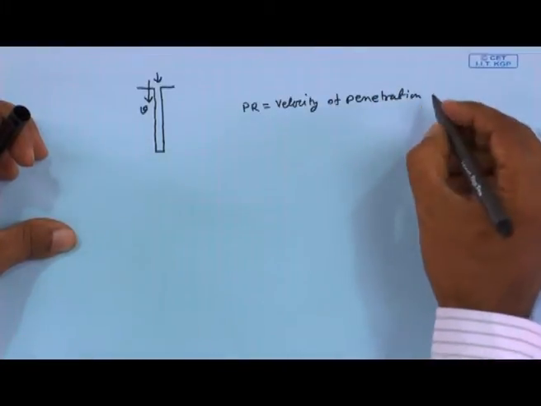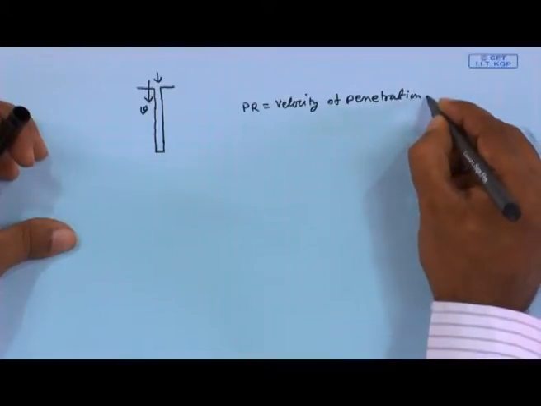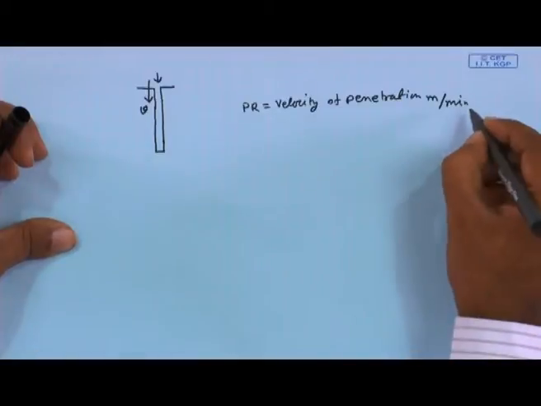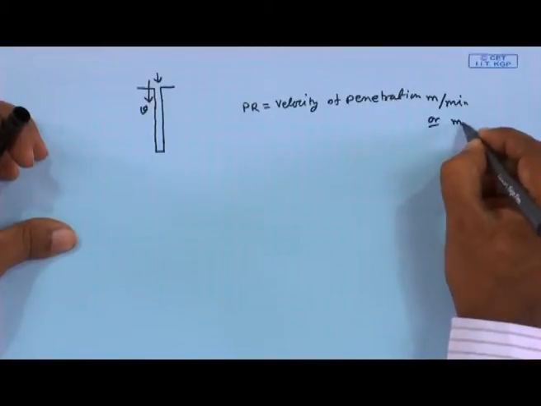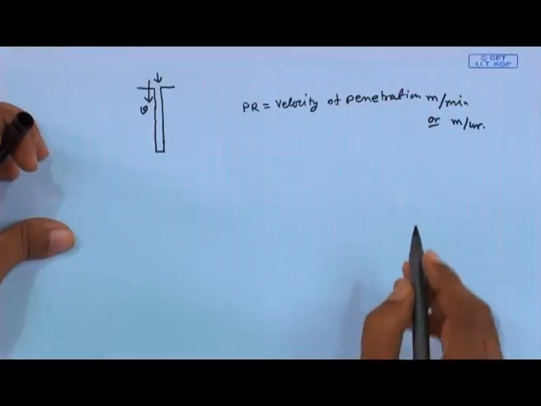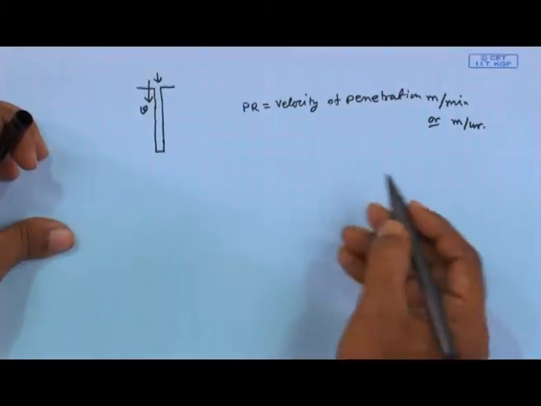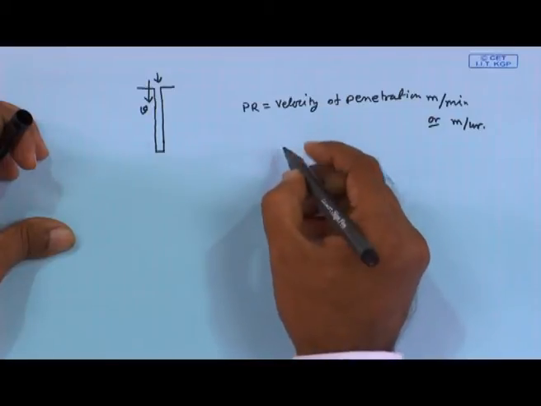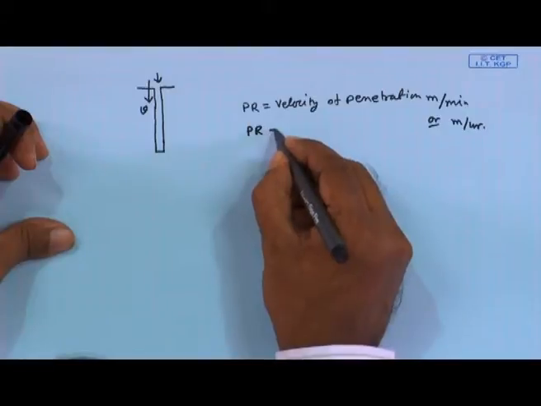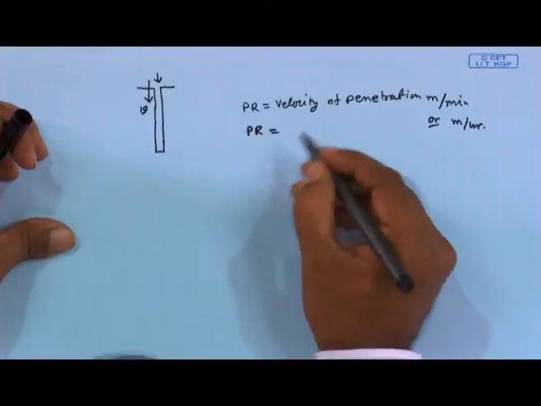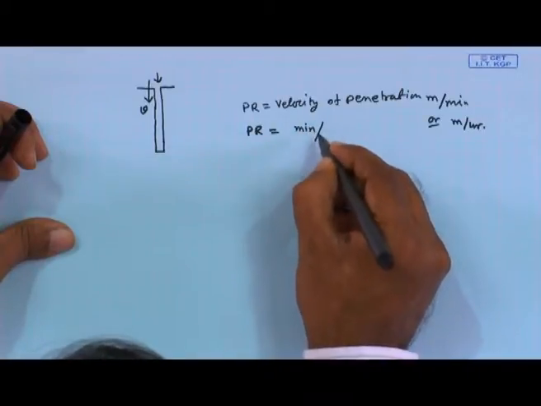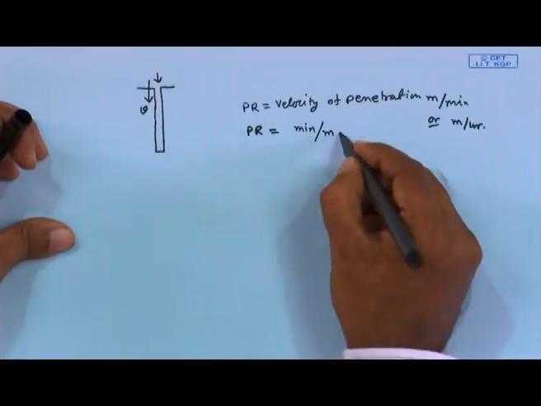that means it should be expressed in terms of meter per minute or meter per hour, something like that. Often it may be discussed in some inverse term, that means that penetration may be defined as velocity or inverse of velocity, that is time required to achieve 1 meter of drilled length.